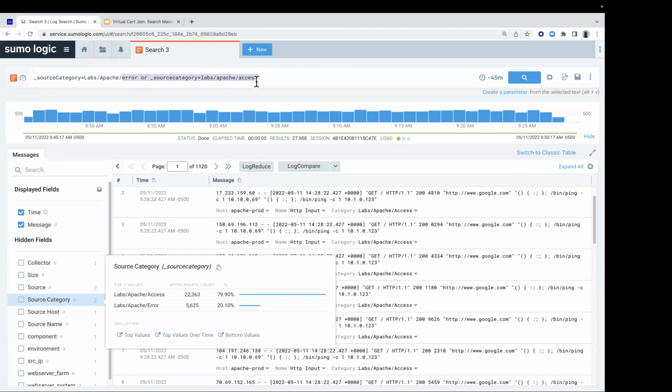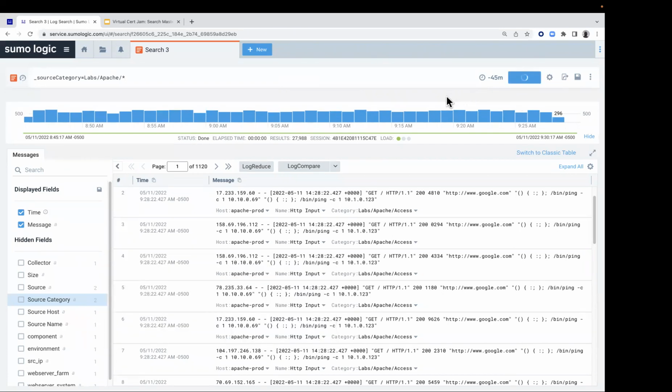So error and everything after it, highlighting that and replacing it with an asterisk. Remember, an asterisk is a wildcard. So it's saying, hey, bring back all of the messages from Labs, Apache, and anything underneath that. Well, you and I know that we have error and access underneath it. So when we run this,